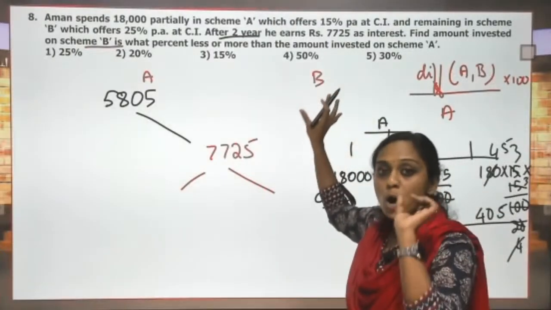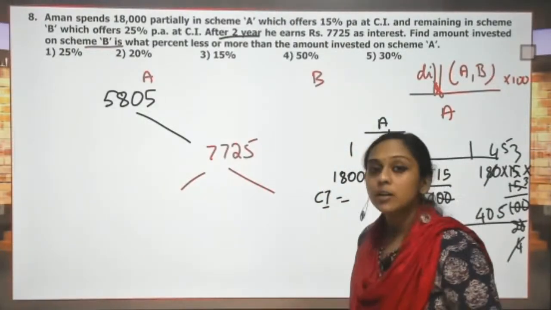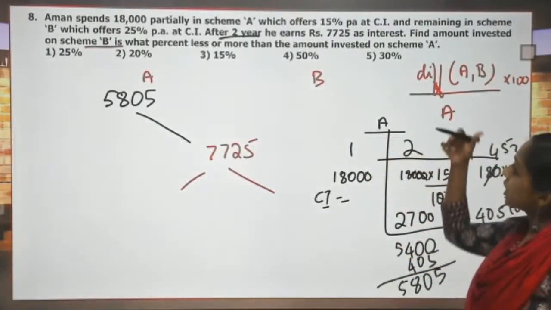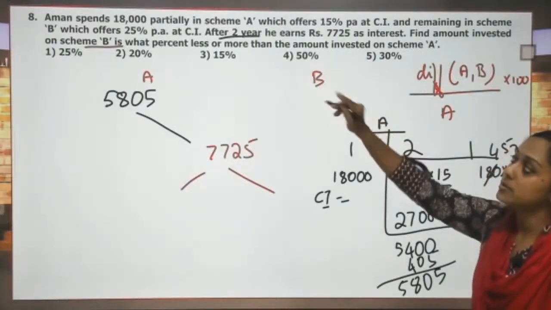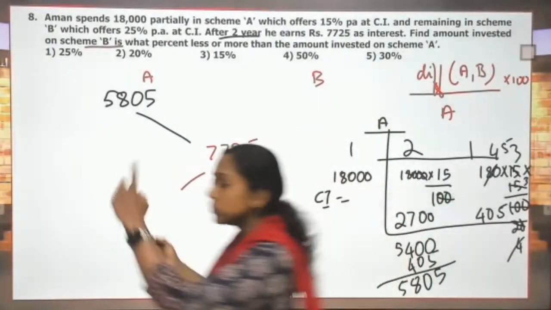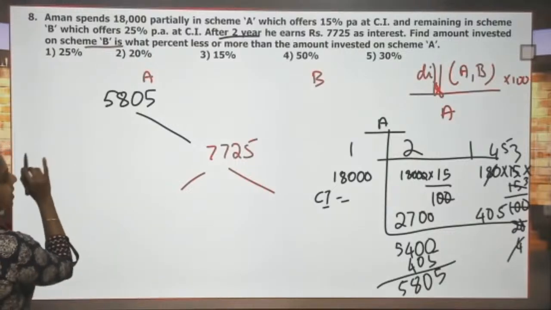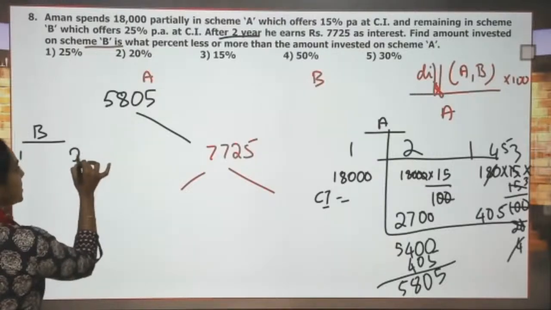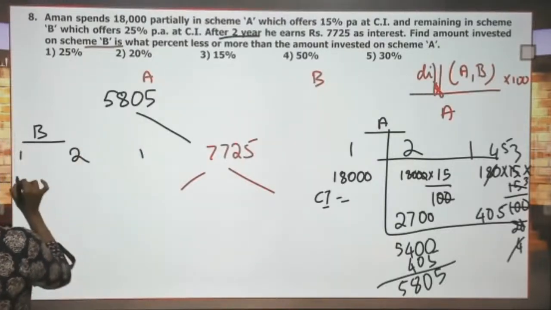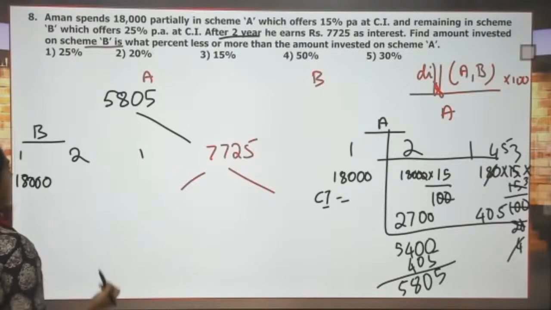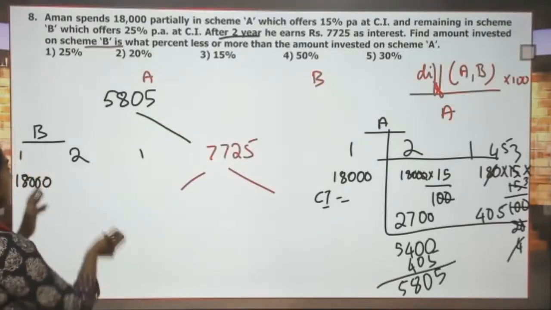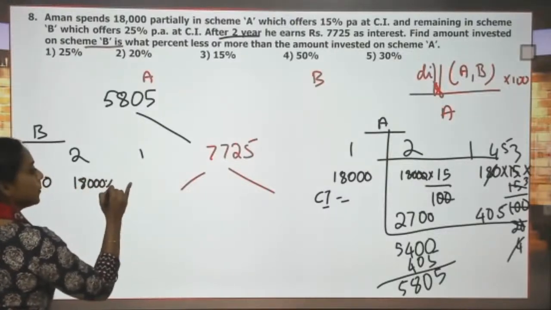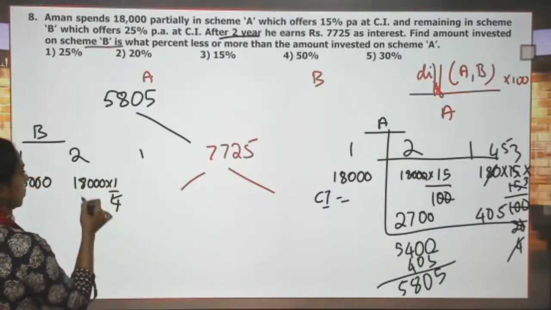Next, how much interest you will get when you invest the entire 18,000 in scheme B. That is what you are going to find out. Scheme B is also for 2 years, but what is the rate? 25% per annum. So scheme B is 1 to 1, again for 2 years, and the principal is 18,000. Next, 18,000's 25%, which is 1 by 4th, will be